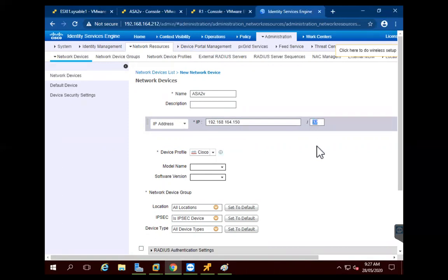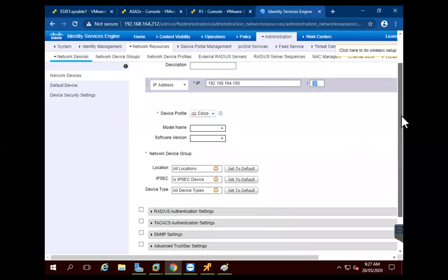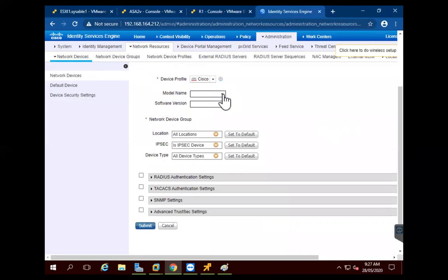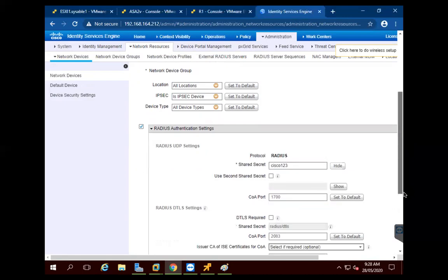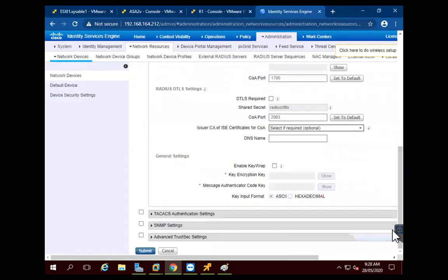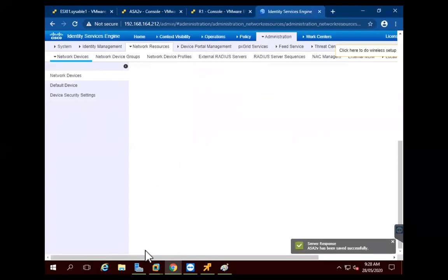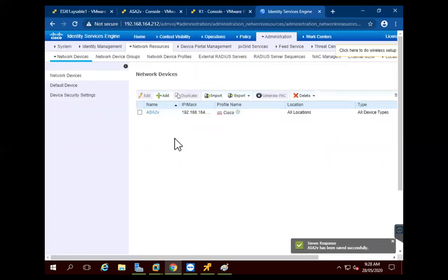If you put 24, then you are not able to provide multiple devices with the same subnet here. And you don't worry about the model, software version and all those things. Just click on RADIUS here and provide the shared key, that is Cisco123. So this is the one which we have provided in the Cisco ASDM, and click on submit. So now we have registered our device.